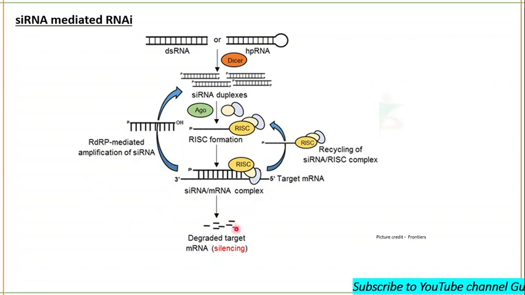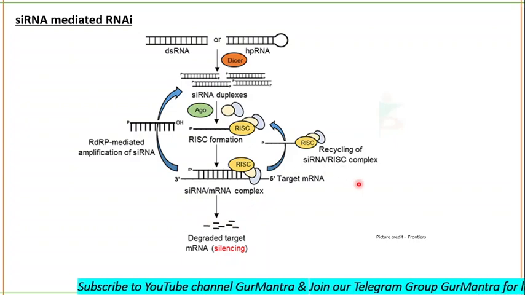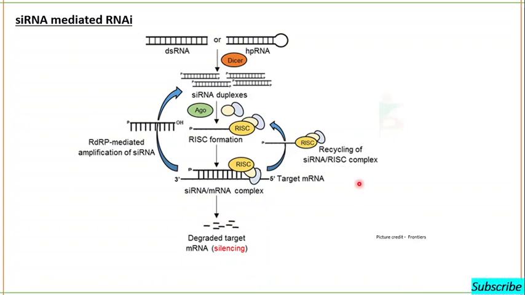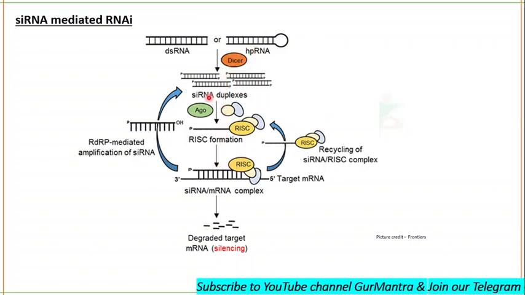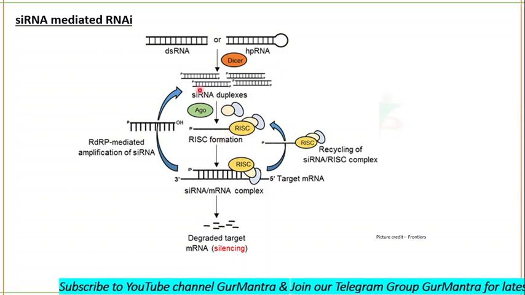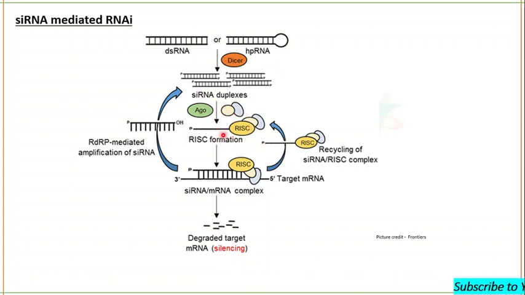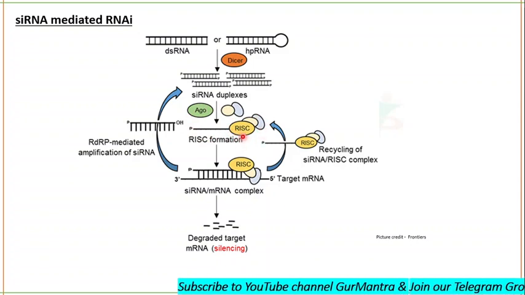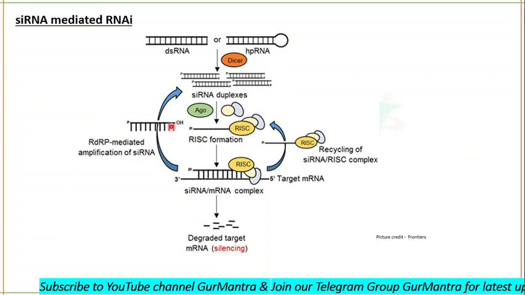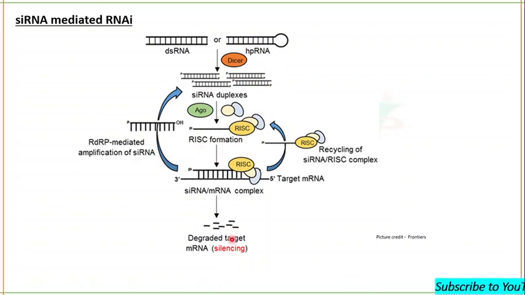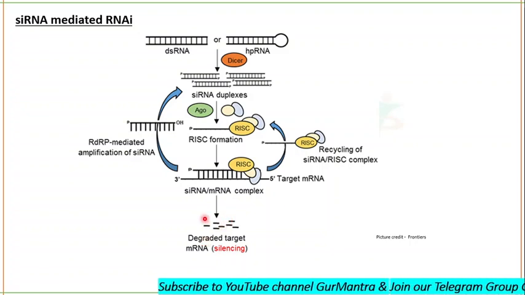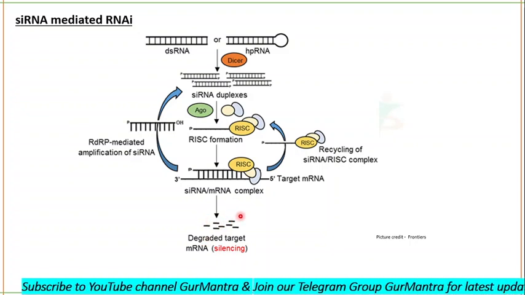Now the fate of this degraded RNA molecule: either it can bind to some other complementary RNA and form double-stranded RNA, and again the same process will be repeated, like Dicer will perform its function again, and again there will be a RISC loading complex which will load the double-stranded RNA molecule to the RISC. Okay, so this process will be repeated again. Fine. And otherwise this degraded RNA molecule will be completely degraded. Clear? So okay, let's read it now.